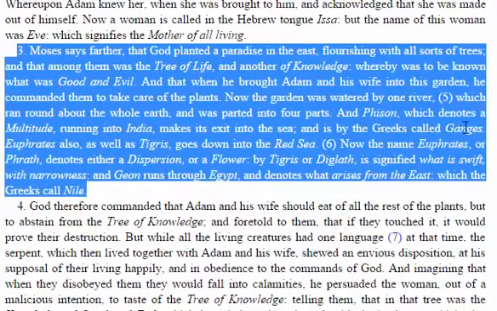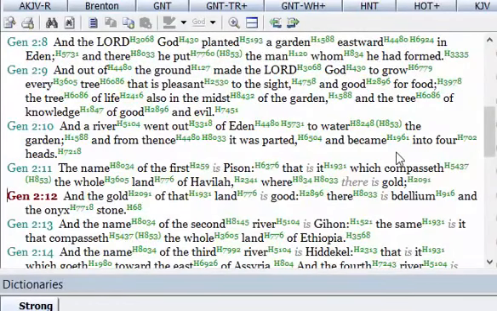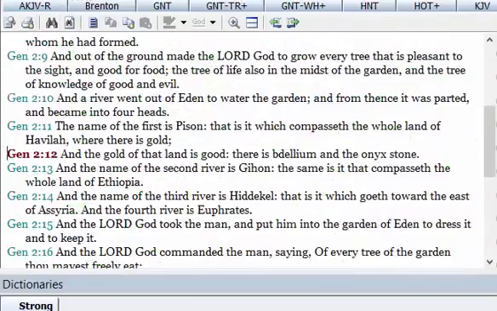And Paisan, which denotes a multitude running into India, makes his exit into the sea, and is by the Greeks called Ganges. Now it said that it went into India, right? And that it was called Ganges. So they're saying that the Paisan River went into Ganges. Okay, well, we're going to show you that that's completely wrong. All right, what I'm going to do is give you the particular river that was parted, or the particular river that was parted into 4 heads, which